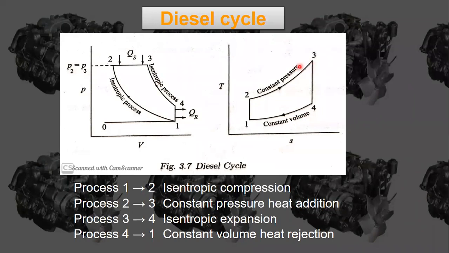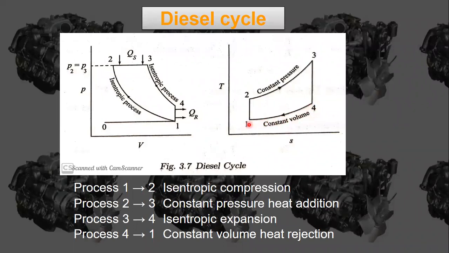Okay, so there will be an increase in volume. Since there is a movement of the piston from top dead center to bottom dead center, there will be an increase in volume within the cylinder. Okay, so what happens to the pressure? Pressure is going to reduce. So if pressure reduces, what happens to the temperature? Temperature is also going to reduce, but it is going to reduce isentropically. That means at constant entropy, this temperature is going to reduce. Okay, see, it is going to reduce from S3 to S4.